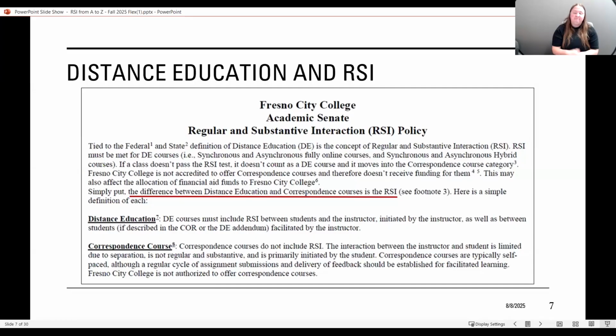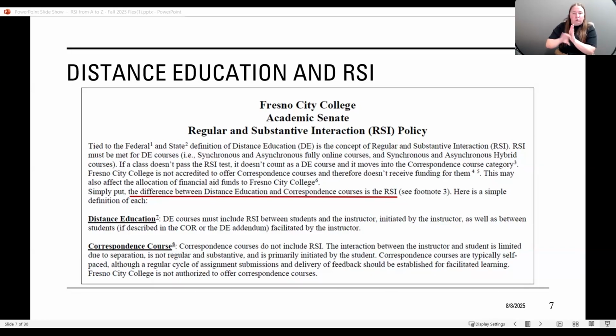So again, distance education and RSI, going back to why RSI, the main difference between distance education and correspondence courses is the RSI. So if a course does not pass the RSI test, then it's assumed that it is a correspondence course.